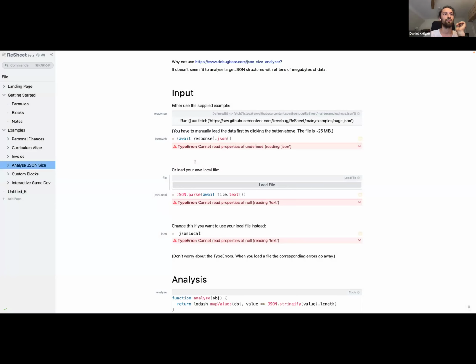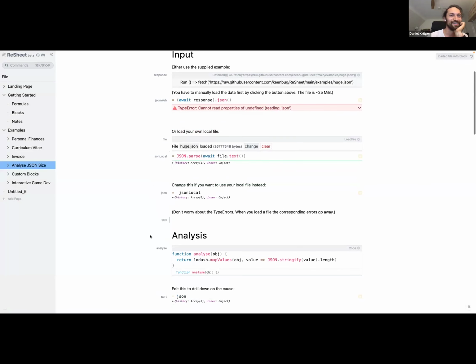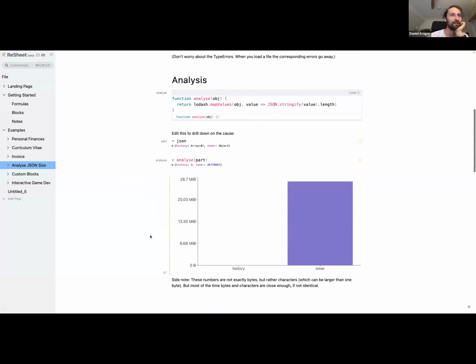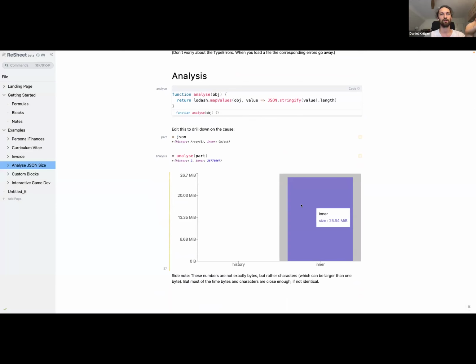So this huge file, 25 megabytes. Yeah, everything gets calculated. It's very slow with screen sharing. And I can use React libraries to, for example, here, create a diagram.